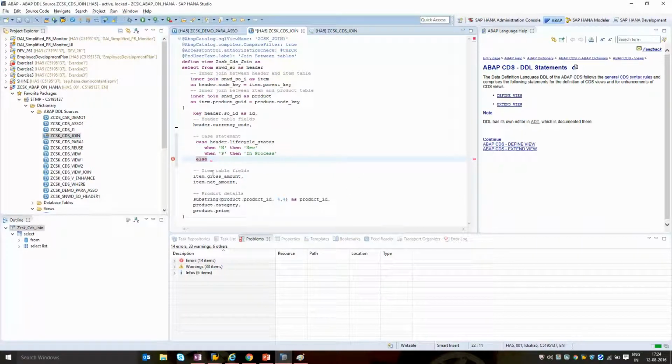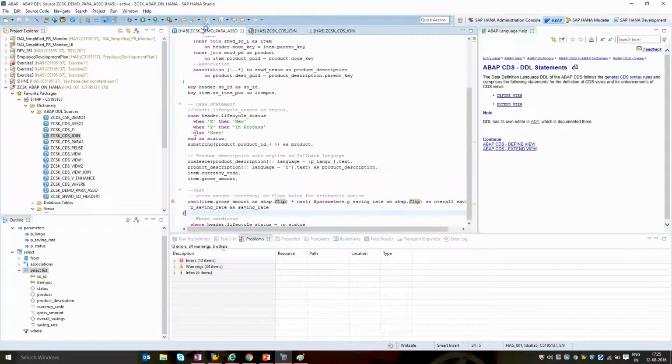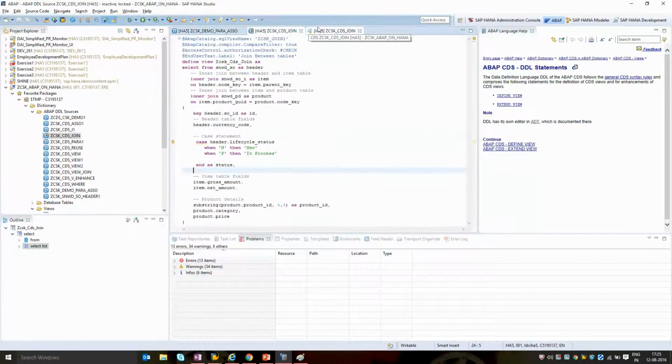I don't want to do anything when else, and I will just end, and I'm going to project this as, I'll just remove this, I'm going to project this as what, status, right? So that is basically what I'm going to do, and else you have to give some values. I'm just going to give else